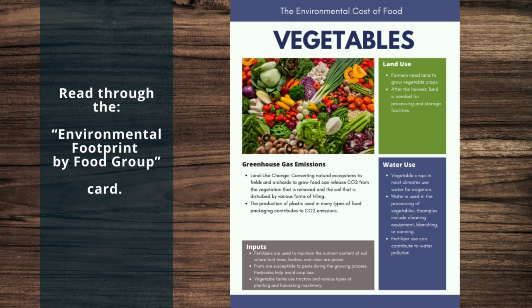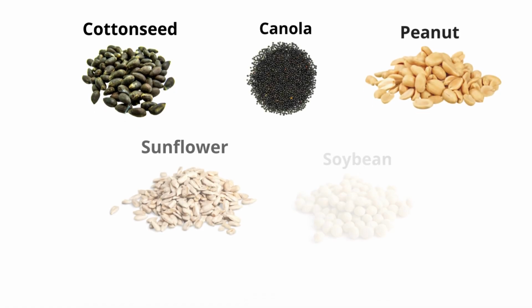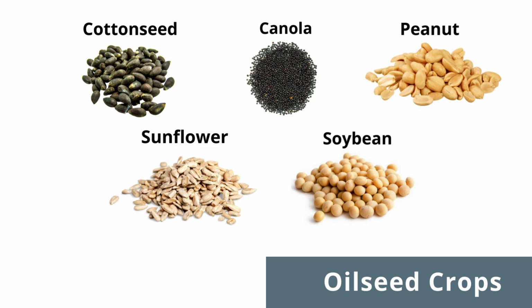Next, read through the environmental footprint by food group card. If you look at the front and back, there are 7 sections that categorize the different activities required to produce that food and what kind of human impact they cause to our environment. Here's an example of what you'll be doing to identify the steps along the farm to fork path of food